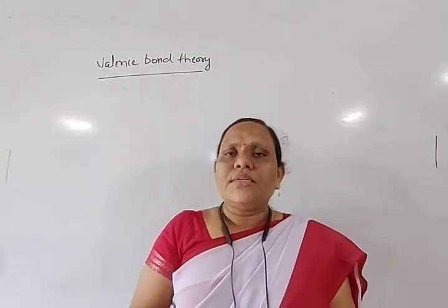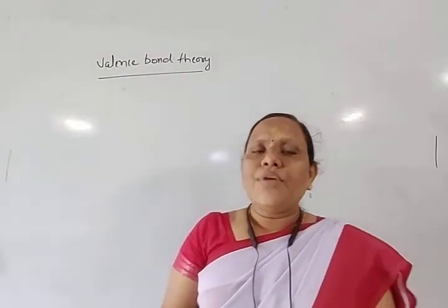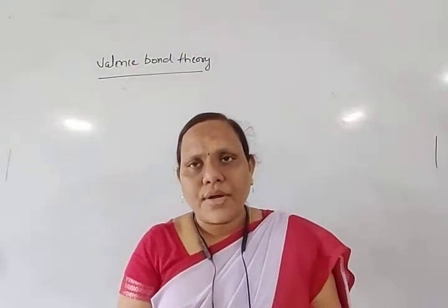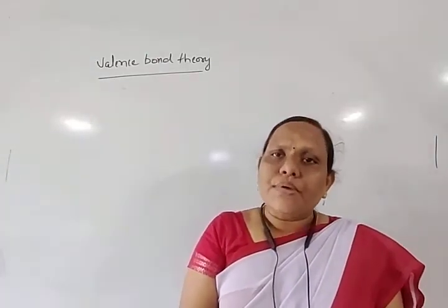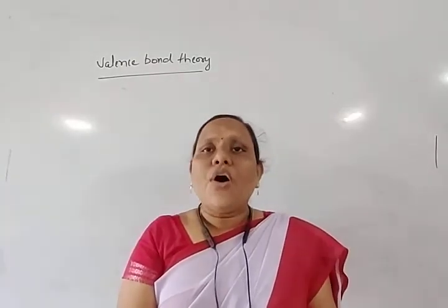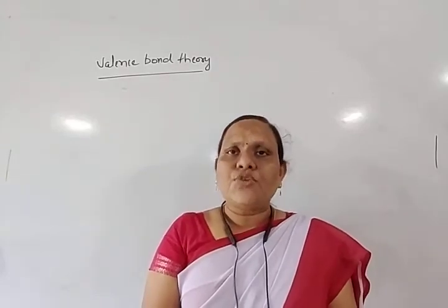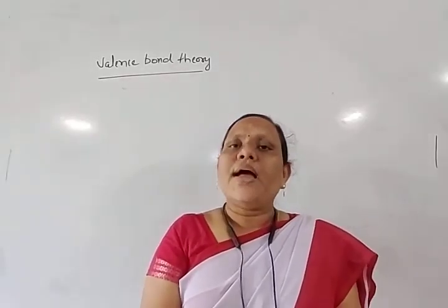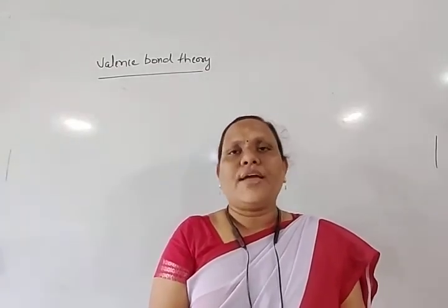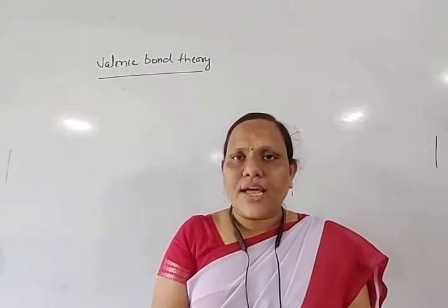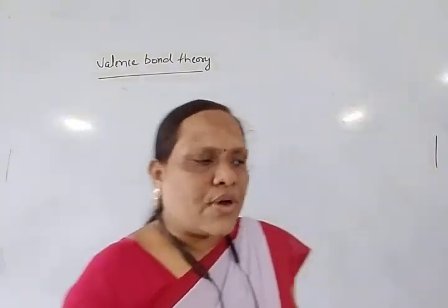So actually, when a covalent bond is formed, generally it is formed by the overlapping of electron clouds or the overlapping of atomic orbitals. So the atomic orbitals which contain unpaired electrons, that is single electrons, overlap with each other, and in this way they share the electrons to form a bond, and this orbital overlapping is known as covalent bond. So look at just one example.